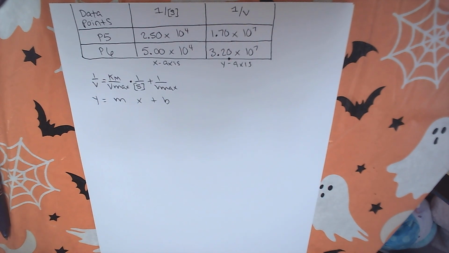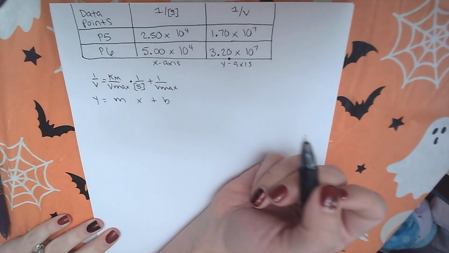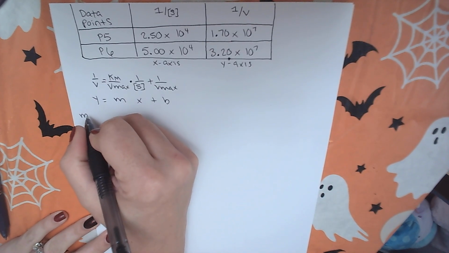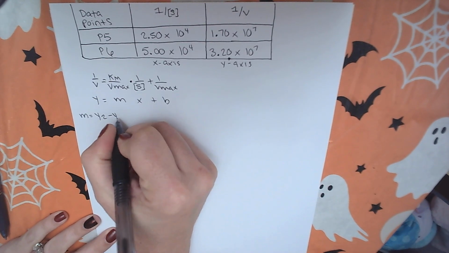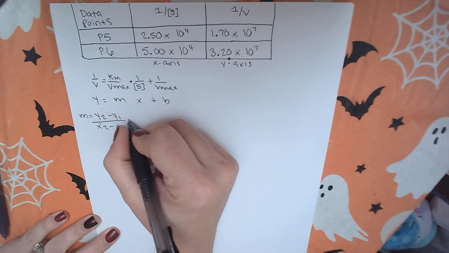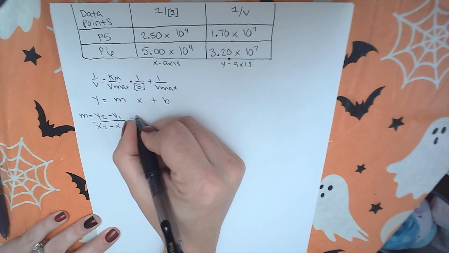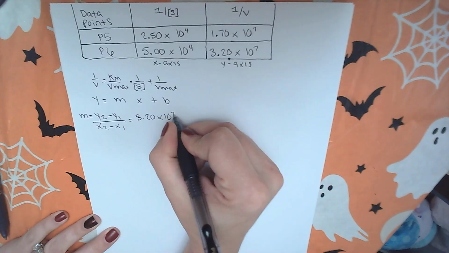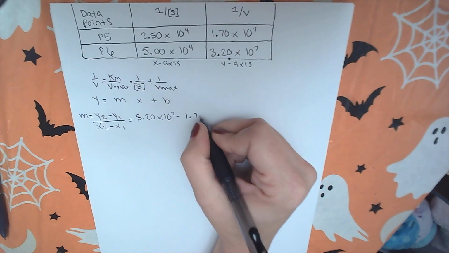With that being said, since we already have the x's and y's up here, then we can actually solve for m, which is our slope. So as we learned back in algebra, m equals y2 minus y1 over x2 minus x1. So if we just put these in, we're going to have 3.20 times 10 to the 7 minus 1.70